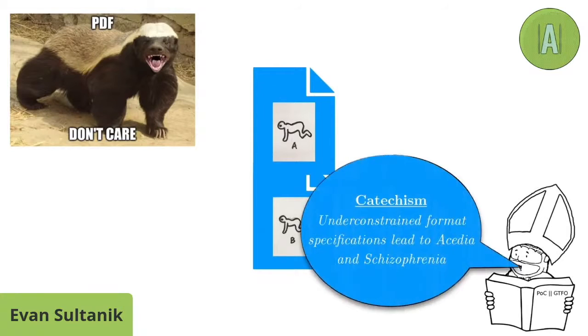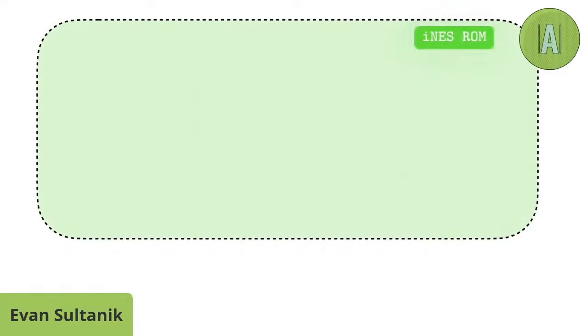The lesson from this is that under-constrained format specifications lead to what's called file format schizophrenia, or parser schizophrenia. That's where a single file is rendered differently by different implementations of the file format. So we're going to exploit this to create our